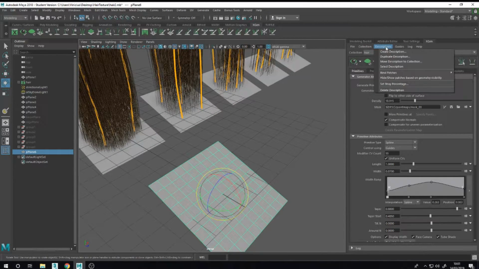Come here, create. Each plane has its own description. So I will create one for this one.